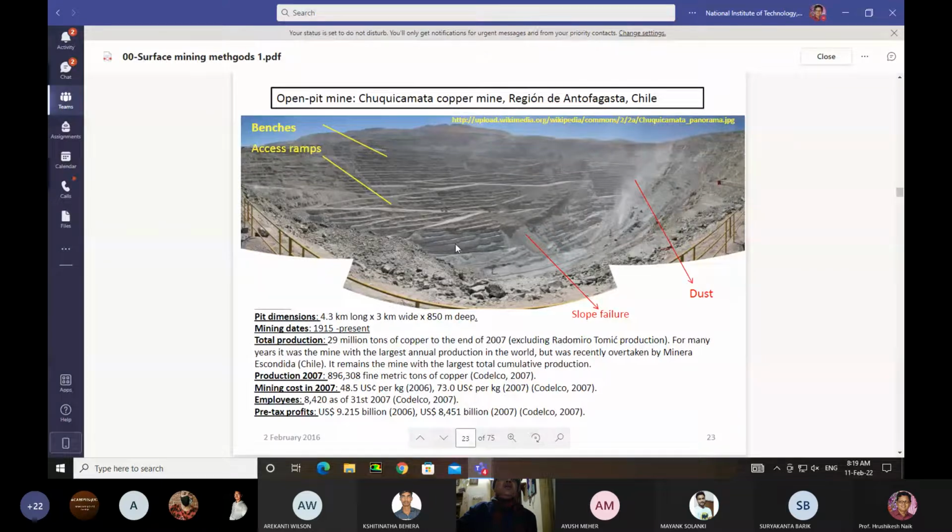So this pit, this Chile copper mine, is 4.3 kilometers long, 3 kilometers wide, and 850 meters deep. They have gone up to 850 meters depth, the deepest mine, and mining started in 1915 and is going on till date. Total production from this mine is 29 million tons of copper to the end